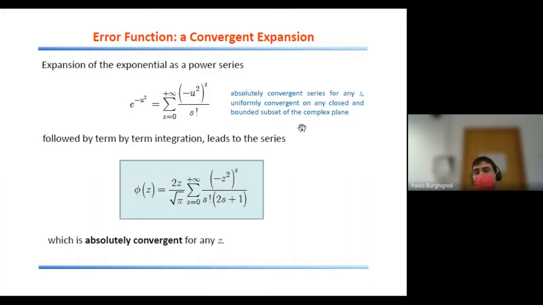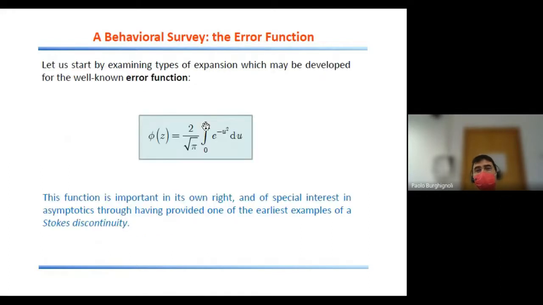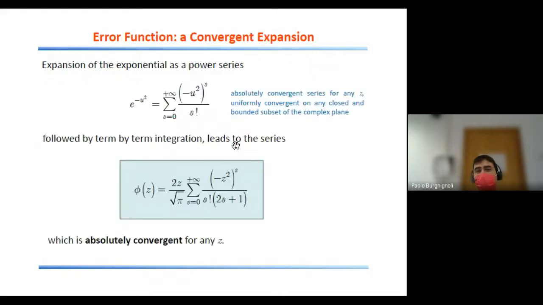This series is absolutely convergent for any complex value of z. It's uniformly convergent on any closed and bounded subset of the complex plane, or shortly, in any compact subset of the complex plane. Now, since this convergence is so nice, in particular, it's uniform, then we can switch the integral and the infinite summation and integrate term by term. The integration then becomes immediate because we just need to integrate those monomials. And so the result is this